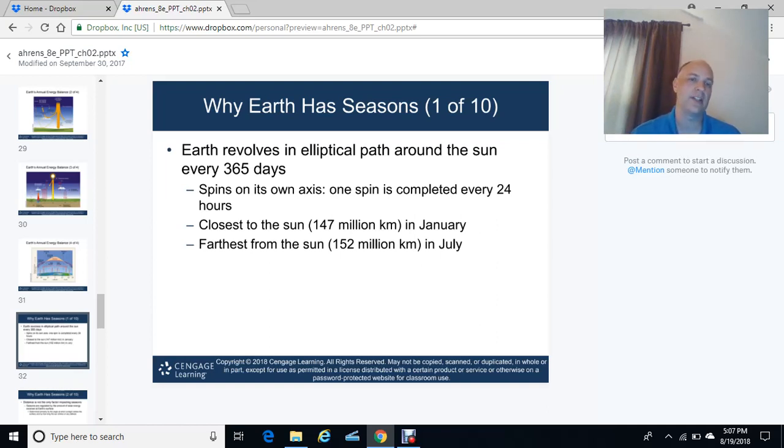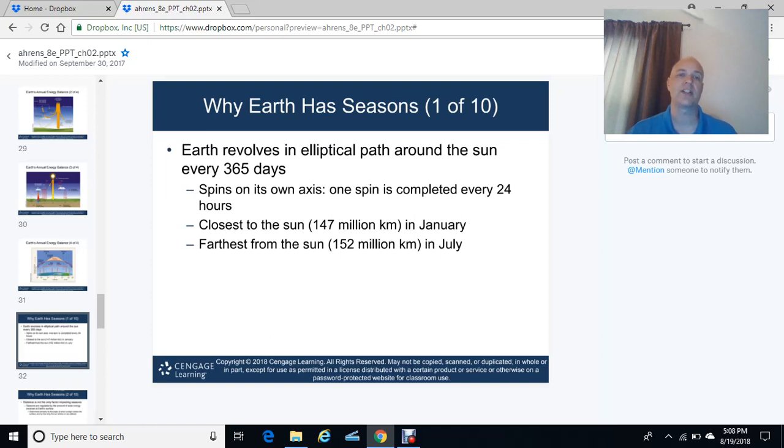So now the question is, why is it not warmer in January? Well, we're closest to the sun, right? The reason is that in the wintertime in January, that solar altitude, or how high the sun is in the sky, is much lower. And as that sun is much lower, those light energy rays from the sun have to travel through a much longer portion of the atmosphere before they reach the ground. So by the time these faint, diffuse solar rays make it to the ground, they don't really contain as much energy. So it has to do more with the angle of the sun above the horizon,